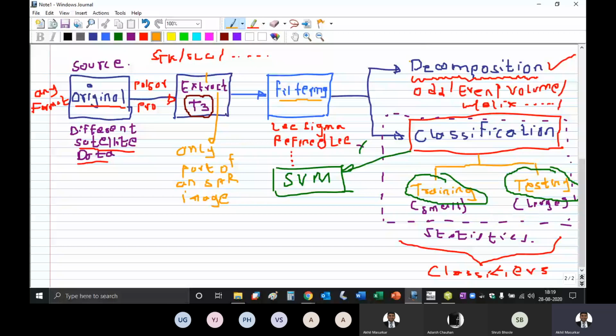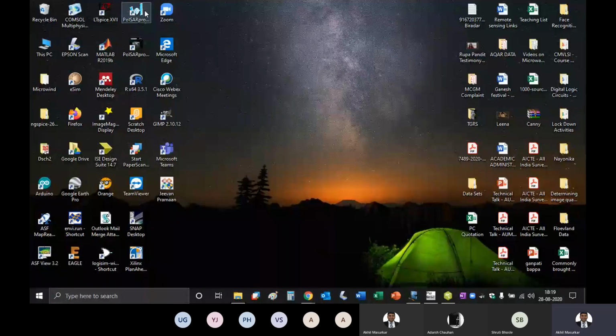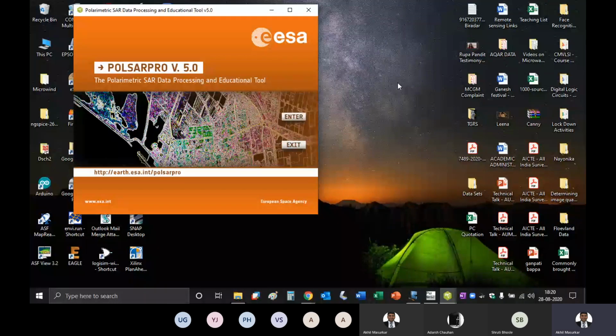Anyway, without much theory, I will straight away start with Pulsar Pro. You all can start with your Pulsar Pros. So we will start this together.